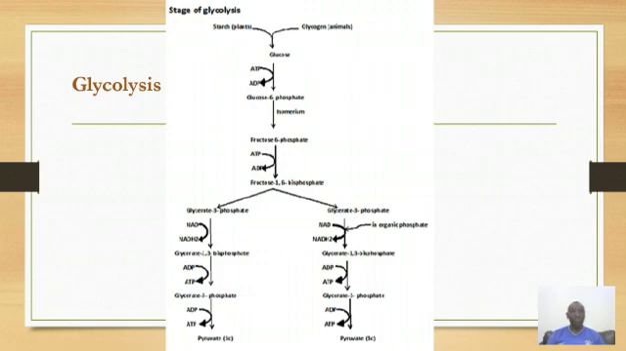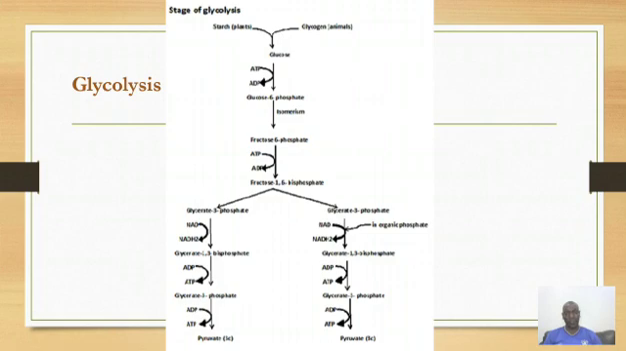Remember, we have two glycerate 3-phosphate molecules. So what is happening to one glycerate 3-phosphate molecule is also happening to the other. When glycerate 3-phosphate undergoes dehydrogenation and phosphorylation, we form glycerate 1,3-bisphosphate, also known as triose bisphosphate. Now the triose bisphosphate or glycerate 1,3-bisphosphate